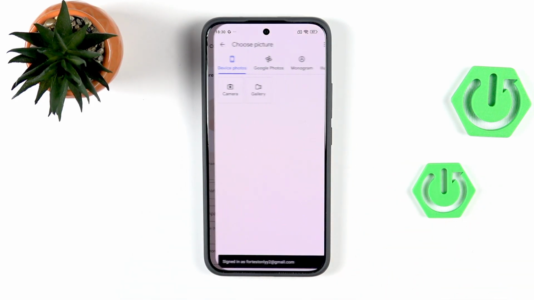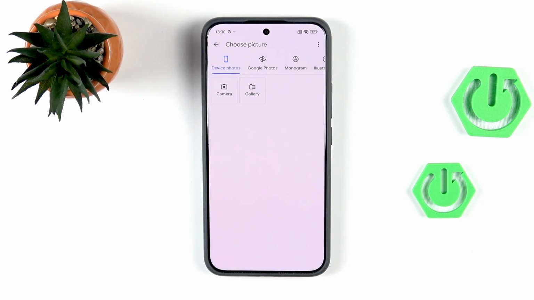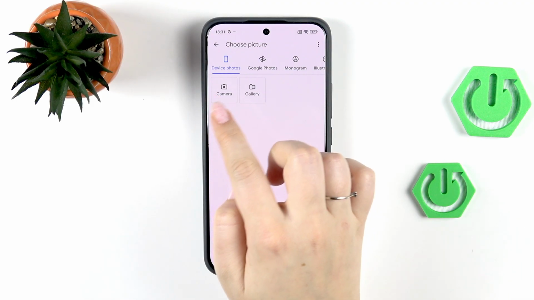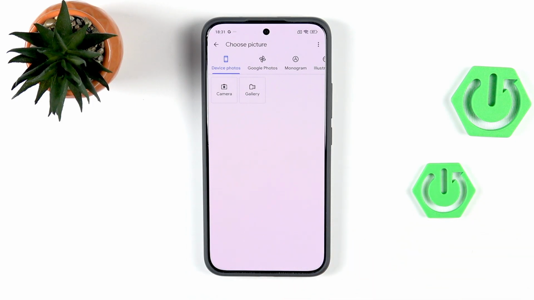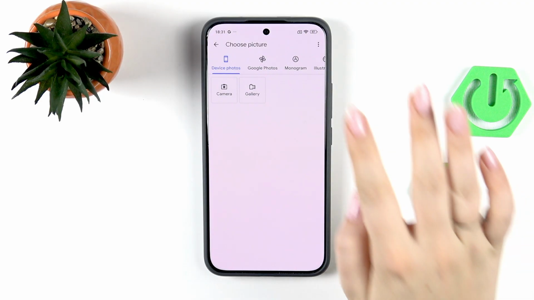So just tap on this circle option, and here we've been transferred to different sections from which we can choose the photo from. So first of all, device photos. It is divided into gallery and camera. By tapping on the gallery, we can choose something from our own photos. By tapping on the camera, we can open the camera app and take a photo of someone who's right in front of us. Google Photos, which are our backed up photos, so I will simply omit that